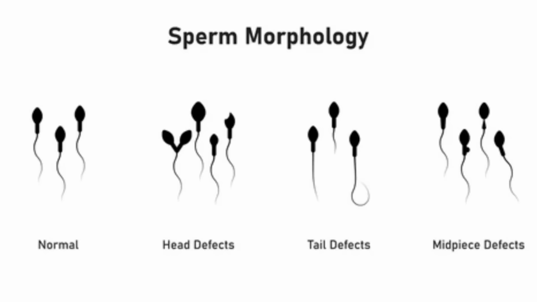Also, we need to check the shape of the sperm. A normal sperm has a head and a tail. So if we check the shape and the sperm has two heads or two tails, that's an abnormal sperm. So we look at these parameters, and if any one is deranged, we try to find the reason and the cause, and we try to manage that.